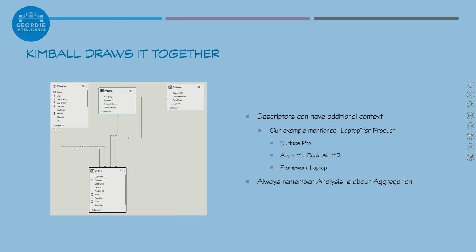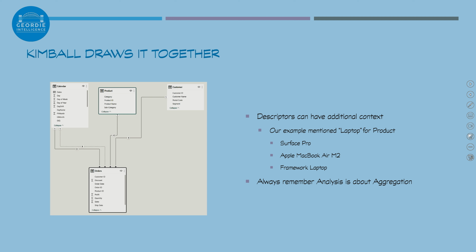So at the level that we had before, we talked about it, didn't we? Where we said that a laptop is pretty rubbish. And we might want to say, well, is it a Surface Pro? Is it a Surface Pro 8 or 9? Or is it a MacBook Air M2 or a Framework laptop because we want to be all environmentally friendly. Because you've got the capability of expanding that dimension and knowing that that product will always link in, but there's more information, more classification, more sub-classification that's fed into that dimension,